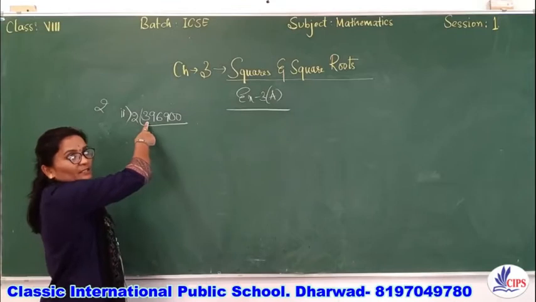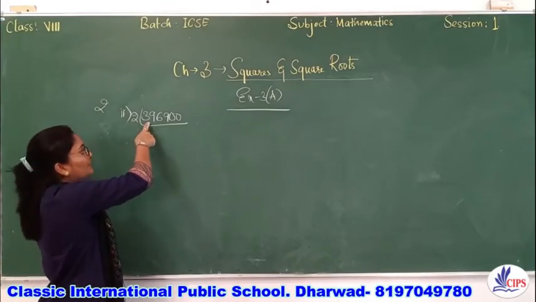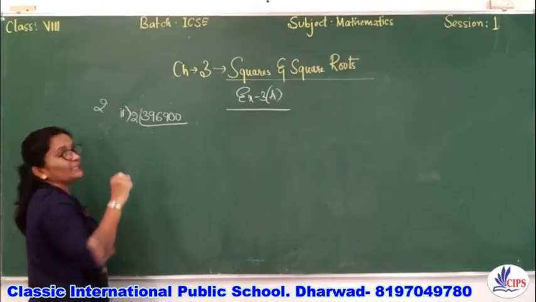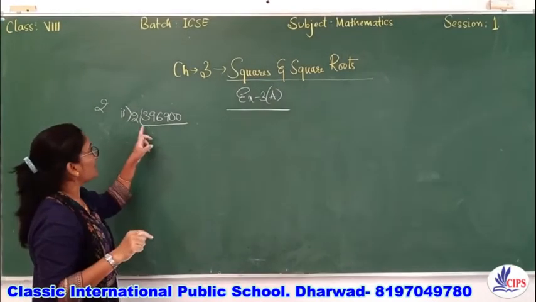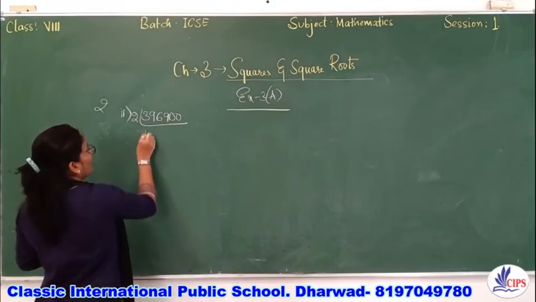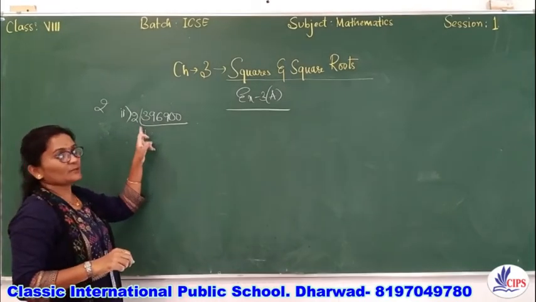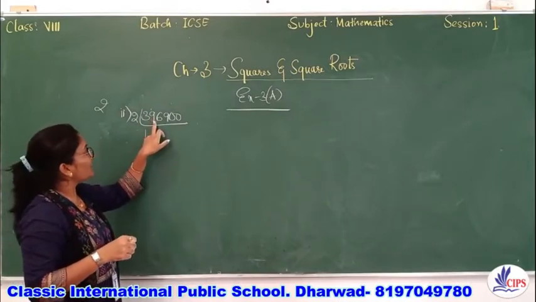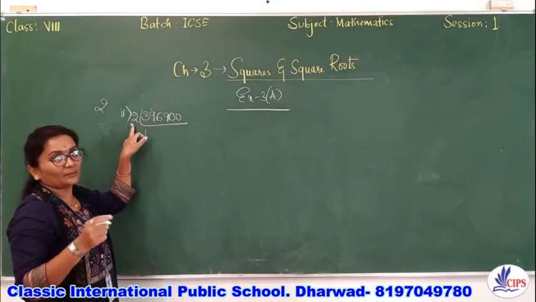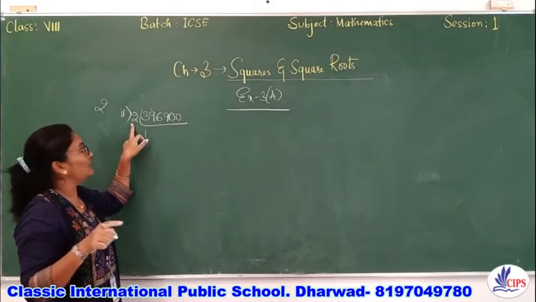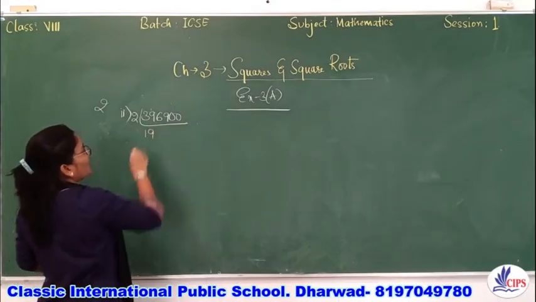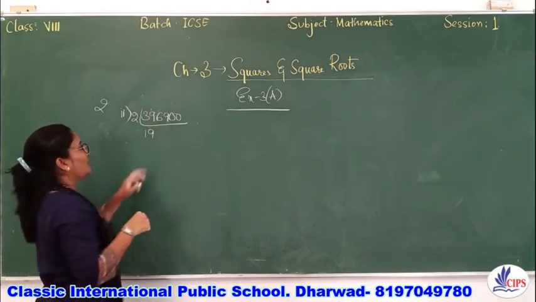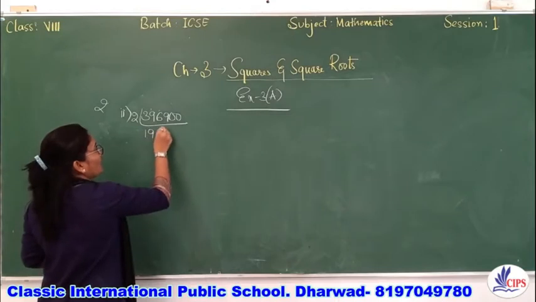Now as we have got the first number 3, as 3 is not divisible by 2, we need to take a number which is less than 3, that is 2 ones are 2. So 3 minus 2 is 1. So I'll borrow this 1 here. It becomes 19. Now 19 again is not there in 2 tables. So you take a number which is less than 19. So we have 18. So 2 nines is 18. Again 19 minus 18 is 1. So I'll borrow 1 here. It becomes 16. So 2 8s is 16.